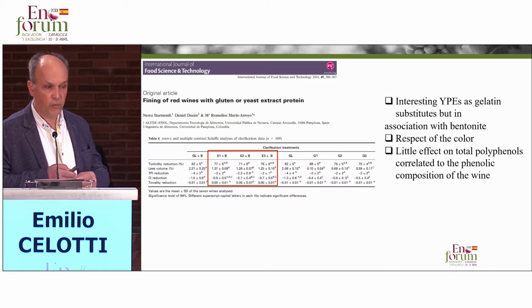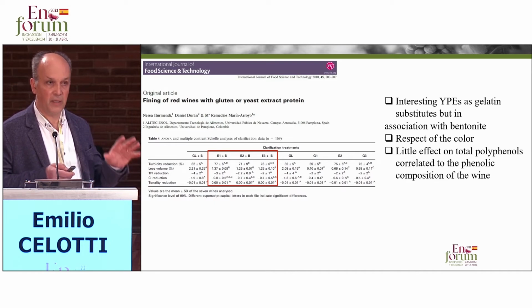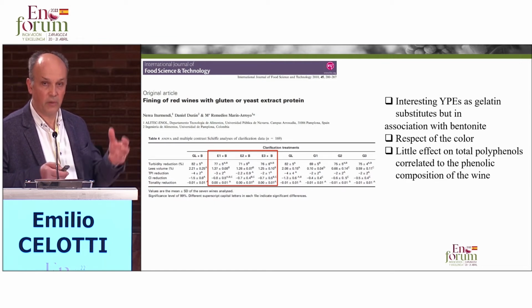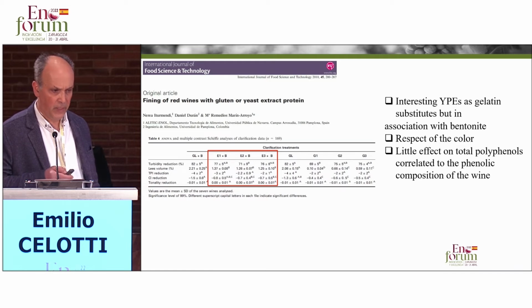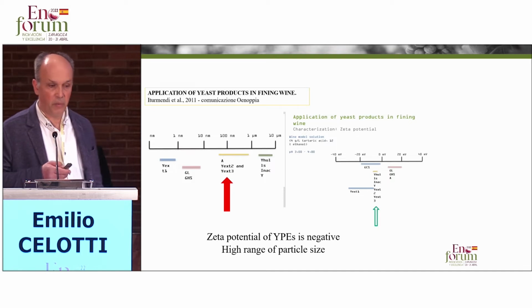Other experiences in substitution and replacement of animal adjuvants such as pork gelatin have very interesting results related to bentonite as well. Turbidity is reduced and color remains stable, specifically for red wines. We don't need to extract color from red wines. We can eliminate astringent tannins, and here we see the best moment of application and the quantity.